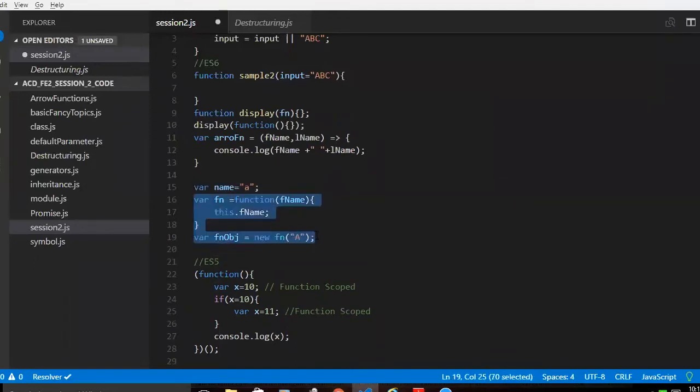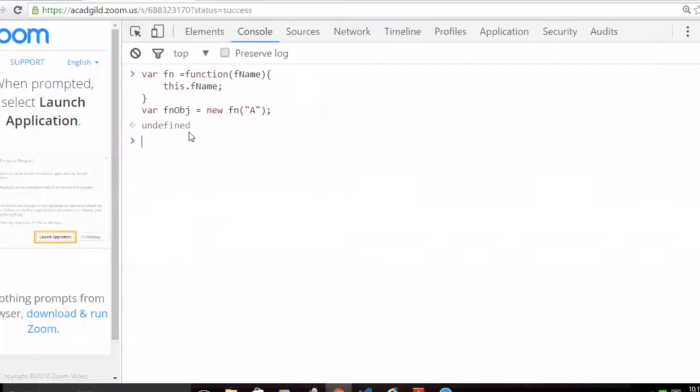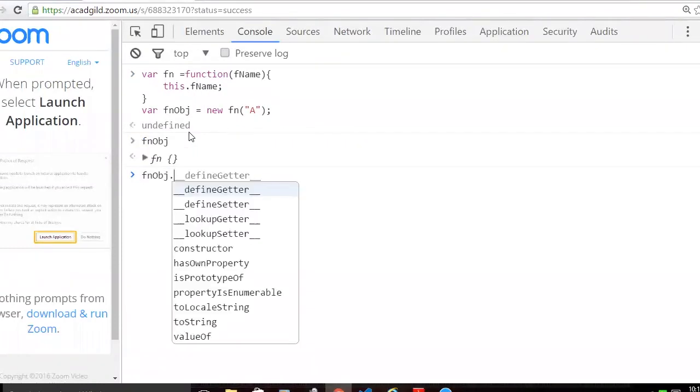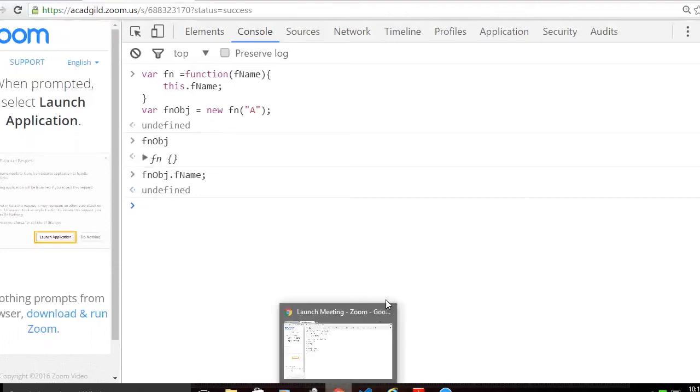So if I copy it and clear the console, I paste it, fn obj, sorry, fn obj dot... Okay, I have created it with this. Problem is,